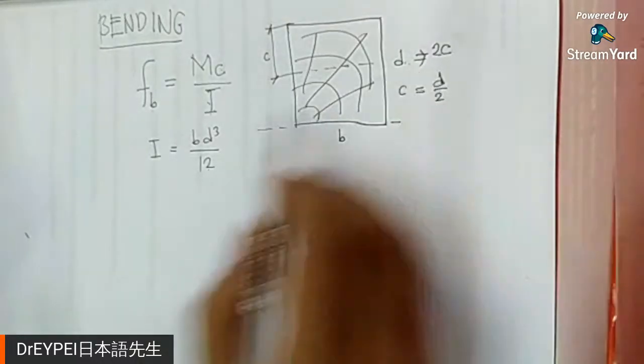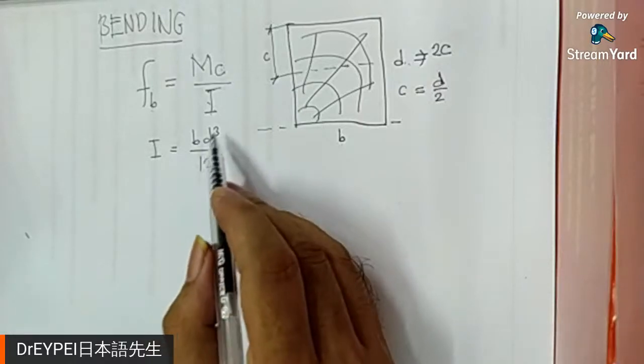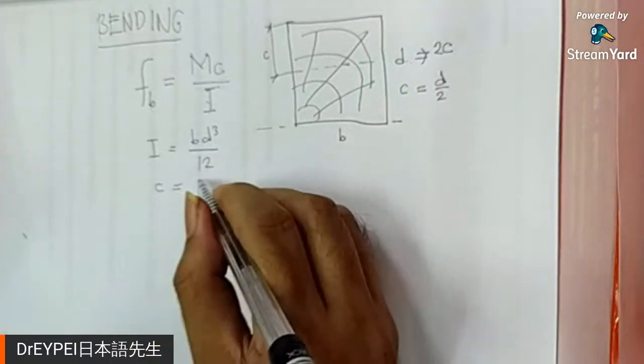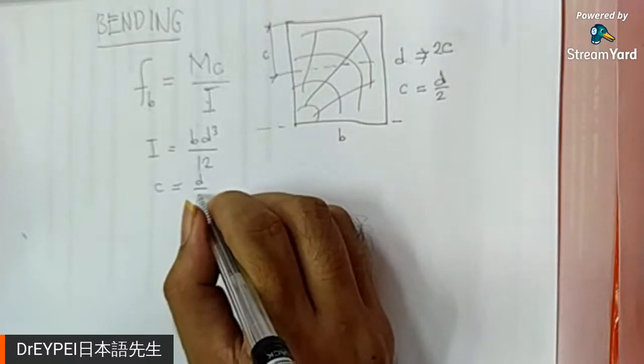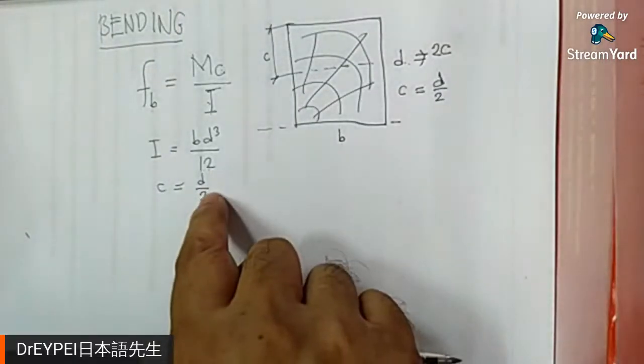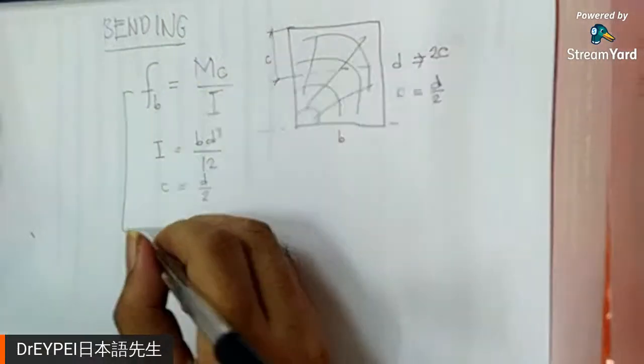However, we are at the center, so we are using what? BD cube over 12. And we already wrote that D is equal to 2C or C is equal to D over 2. If you substitute this into that equation, by substitution,